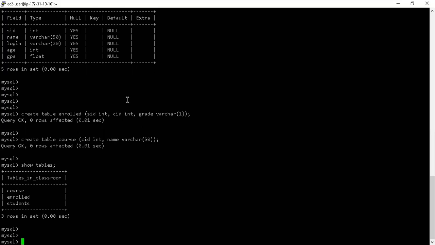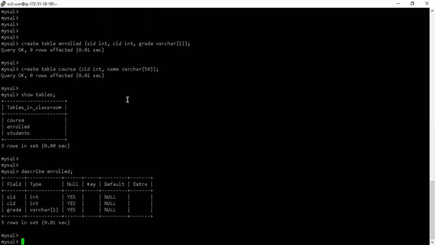So I can go to my MySQL database DBA and I can request him, sir, if you can clearly tell me who created this table at which date and at which time. They should be able to tell you that. Yeah, so no problem. But from show tables output, from a user's perspective, from our perspective, we won't be able to say anything more than this. If I want to say anything more, obviously I'm going to do a describe of, let's say, enrolled. Okay, and then I can see what is the structure, what is the DDL, the data definition language that I've used to create the table. So these commands that I'm firing, these are data definition languages, right?